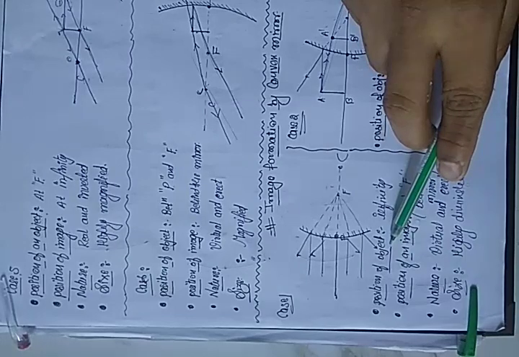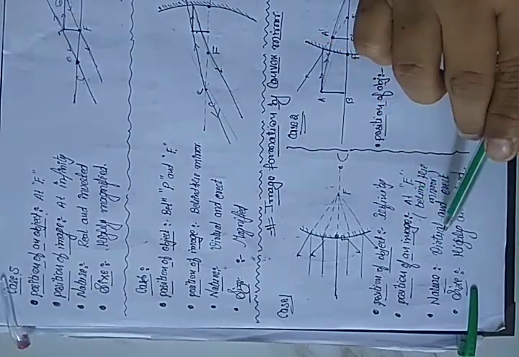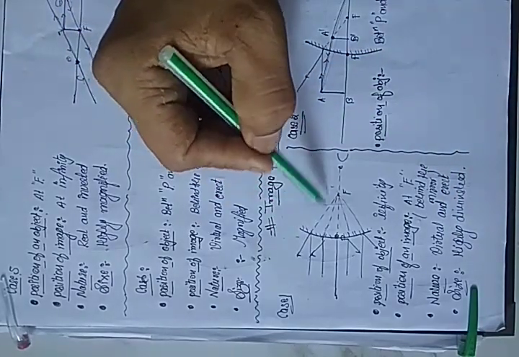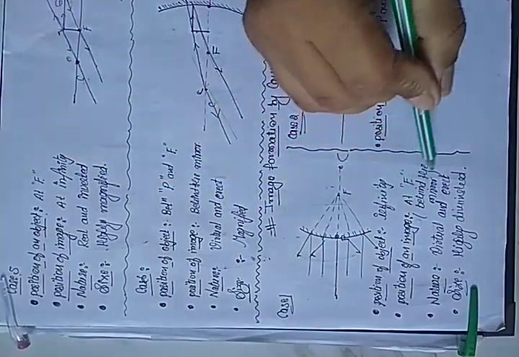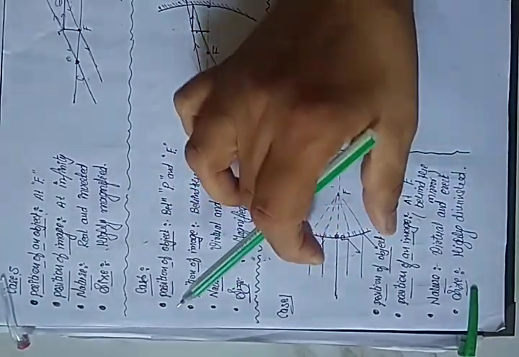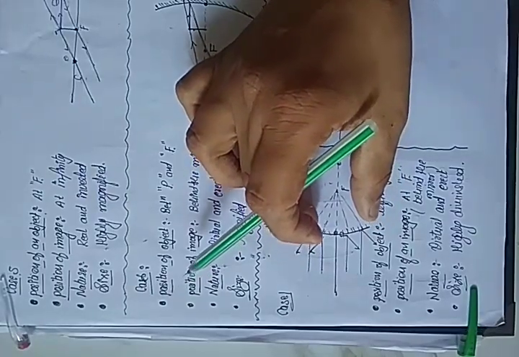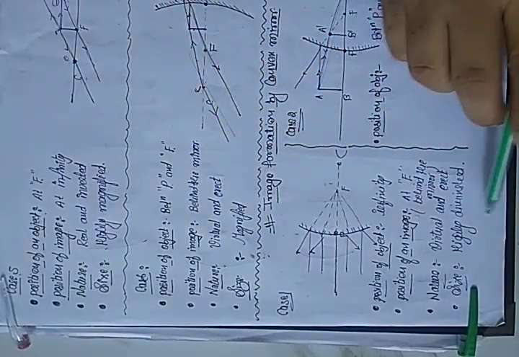Okay, now see, position of an object is infinity, position of an image is at focus, nature: if the image is created beyond, it is virtual. And here in convex mirror, the image is erect, and see, all the lights are here, I can say converging. This is called converging. Converging means they all are trying to meet at a point. That is the meaning of converging. Converging images are always small. See, this is small, so I can say highly diminished, means point like object.